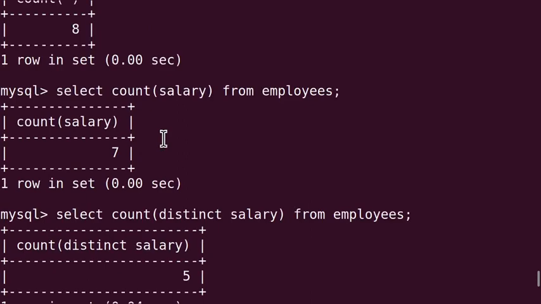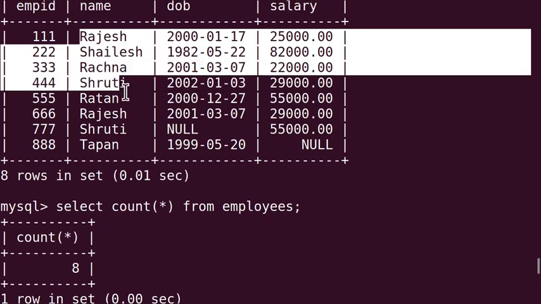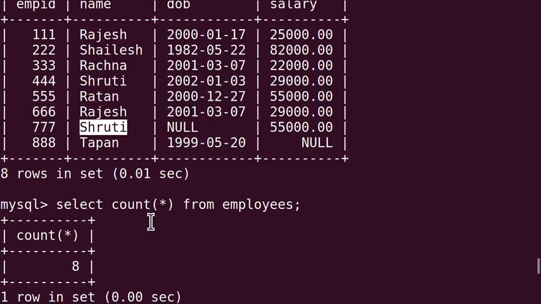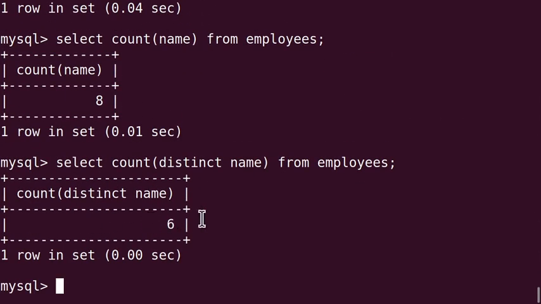Why 6? Because from the table you can check 2 names are repeated. Rajesh comes twice. One Rajesh, second Rajesh. And Shruti also coming twice. One Shruti, second Shruti. So distinct values if you count, that is coming 6. So in the output also you are getting 6.